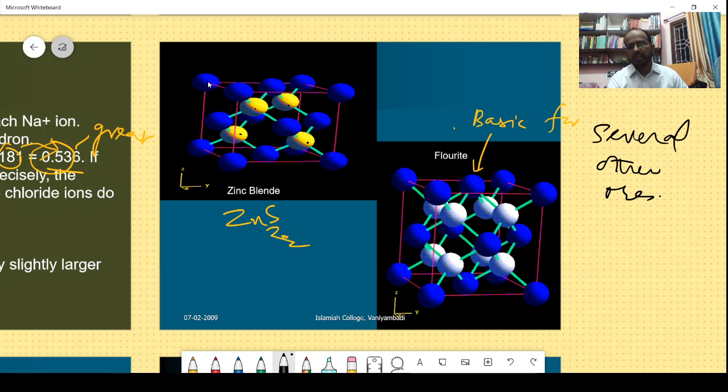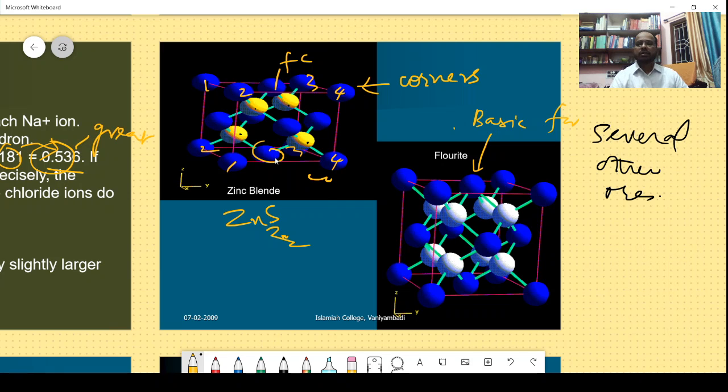Zinc sulfide, they are occupying the corners. You can see 1, 2, 3, 4. They are at the corners, and this one is at the face center. Again, this 1, 2, 3, and 4 are corners. This one is the center. So this one is one face, this is another face, this is another face, this is another face, and this is another face. So you have 6 faces of a cube occupied by sulfide,